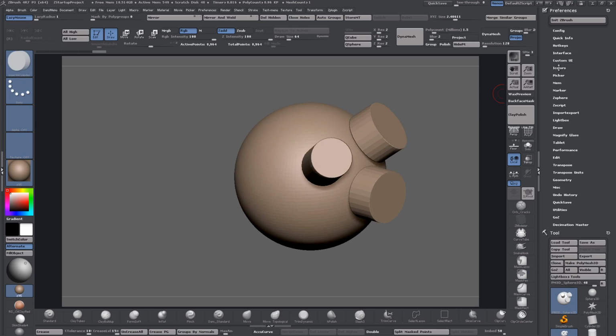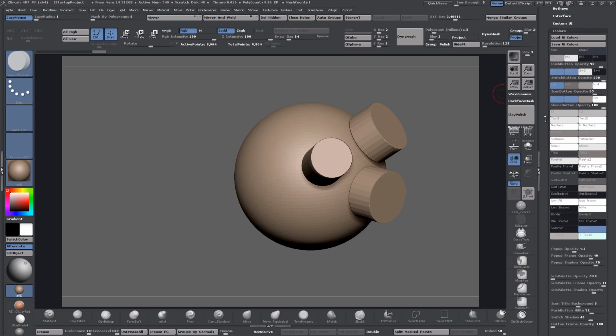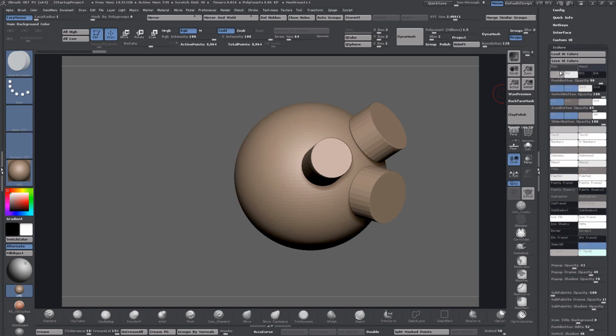Then next is colors. All these colors here are basically the color palette of my UI as it is now. What you can do is hover over a color and it's going to tell you what it is, but some of them are not really clear what they are, like that push button. On the buttons, push is going to be that color. So if you just cycle through all these, an easy way to find out what they are is